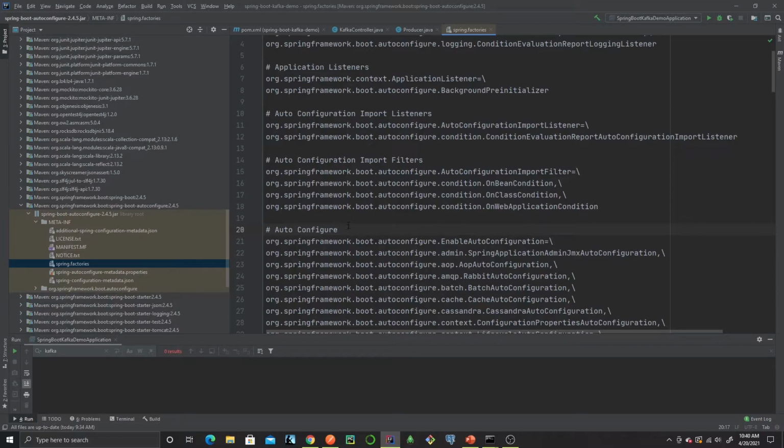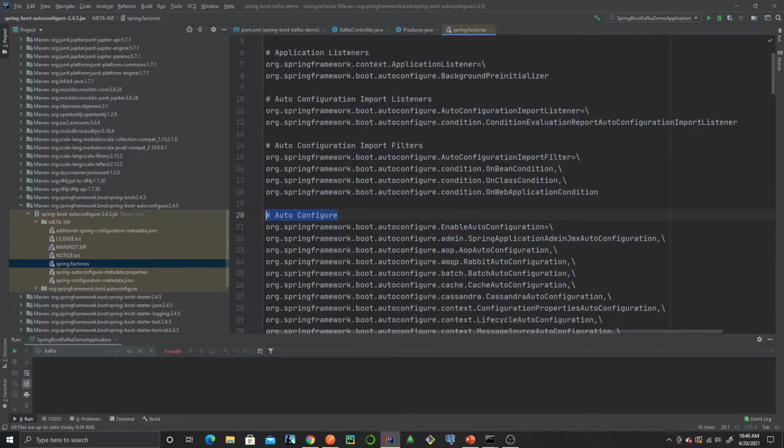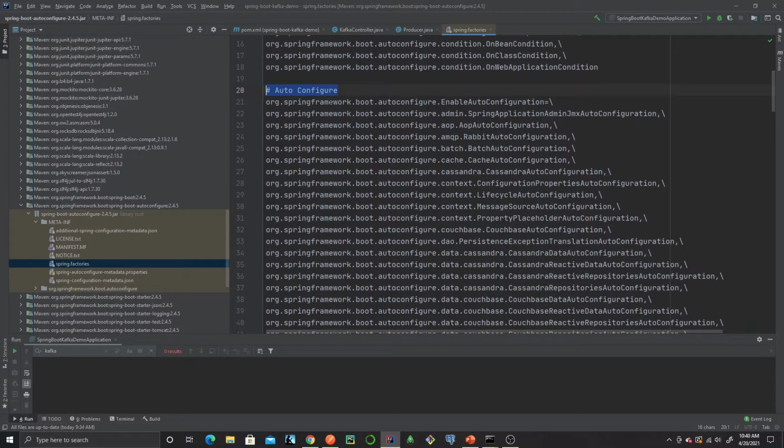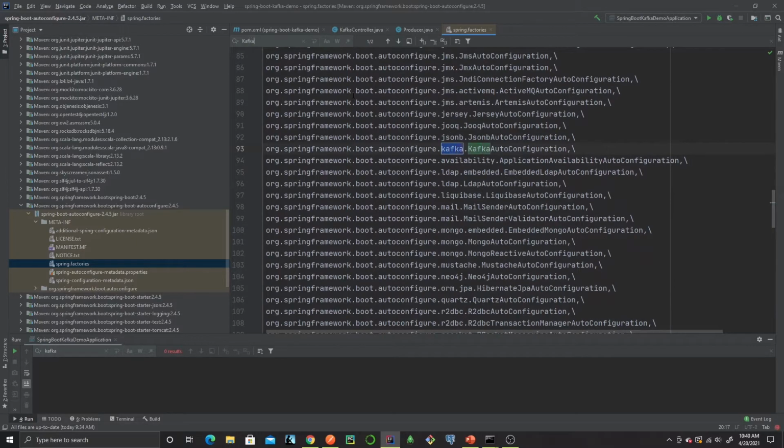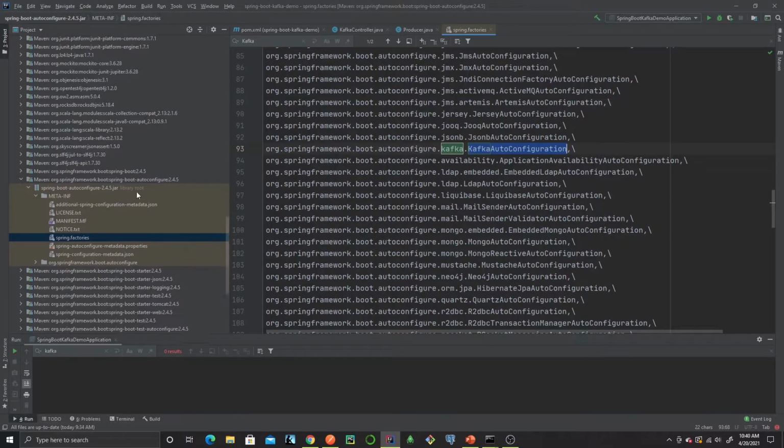We will specifically look at auto configure. All the classes that are mentioned below this auto configure comment will be executed by Spring. We will specifically look at Kafka. There is a KafkaAutoConfiguration. This KafkaAutoConfiguration is responsible for creating all the Kafka related beans and auto configuring them. It's in the Kafka package